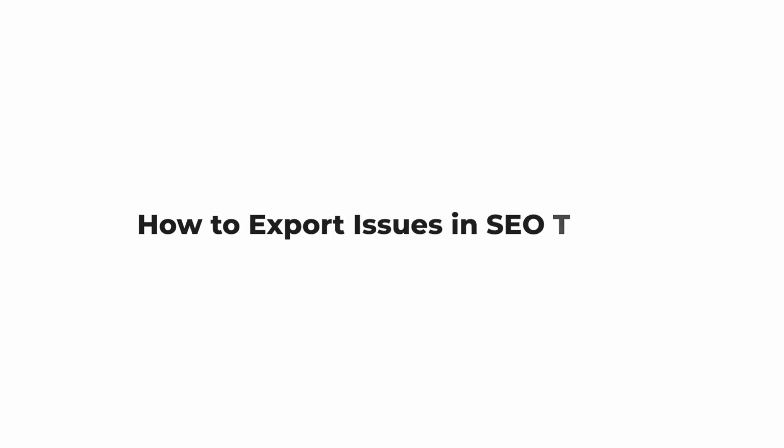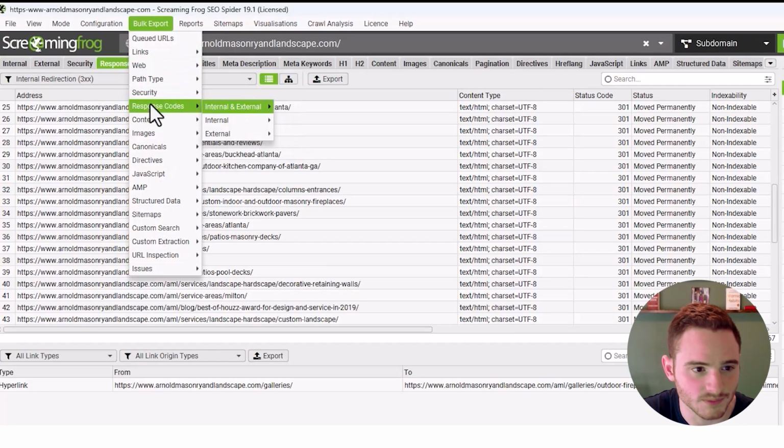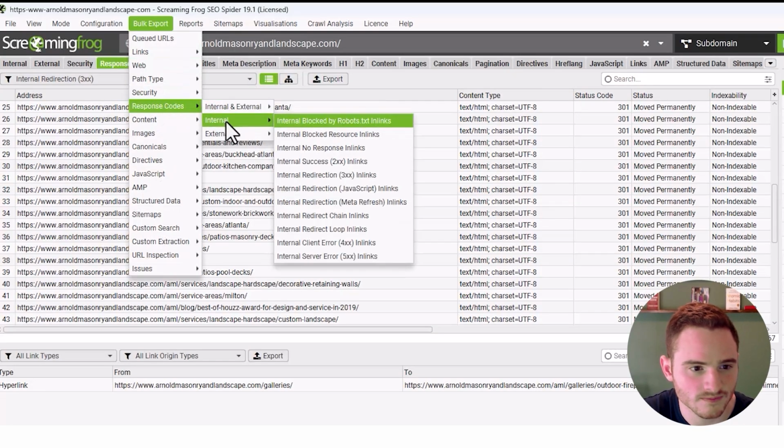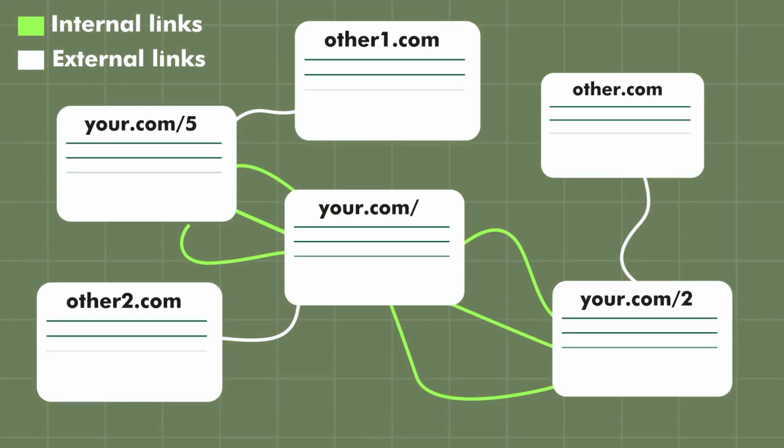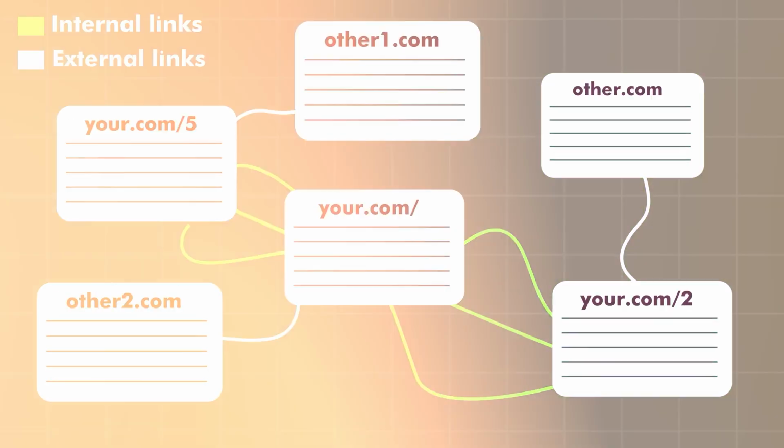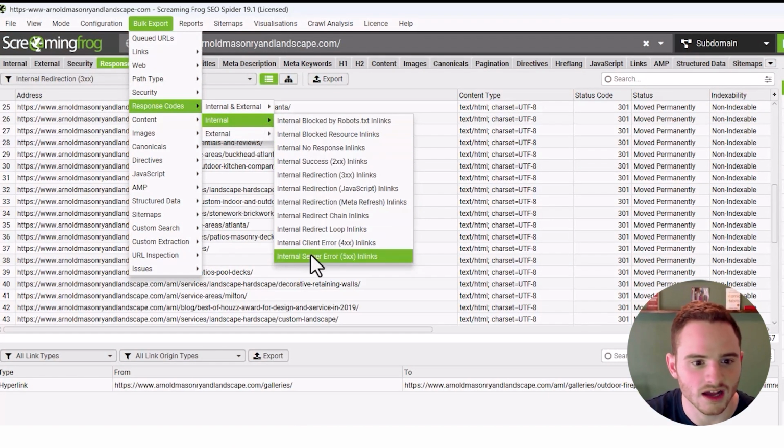What can we do to export that? I would go to bulk export response codes, and I would go to internal, which means our website, not external links that are going to Wikipedia or somewhere else. And I would do